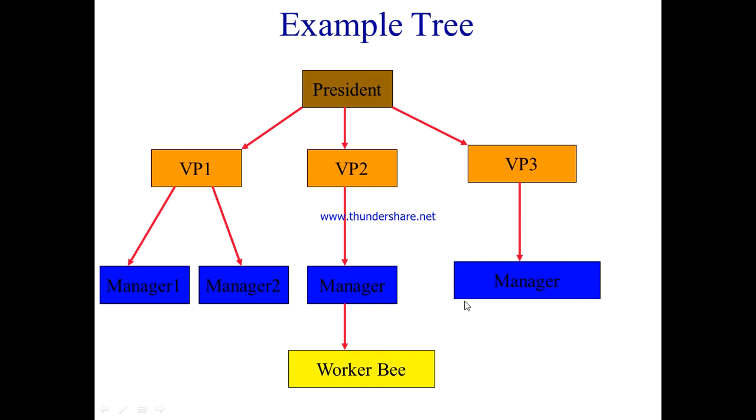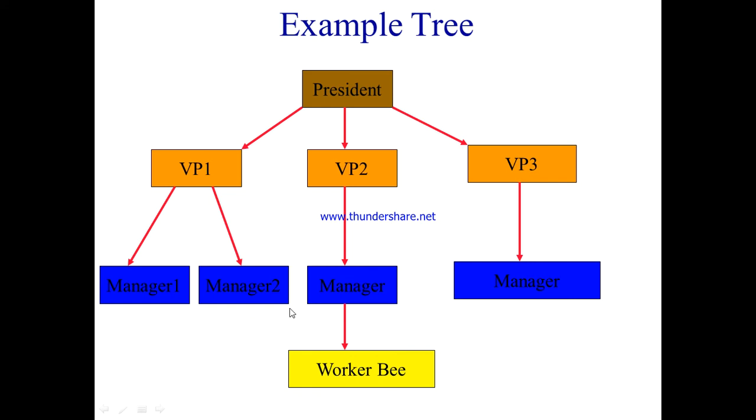You can see in this diagram, this is the root node. These are the intermediary nodes, and these are leaves. Manager 1, manager 2, and this manager. These are children. Where we do not have any child, these are said to be leaves. But coming to this manager, it is not said to be a leaf. Why? Because it is having a child.